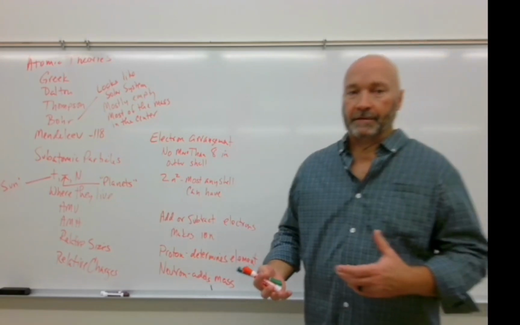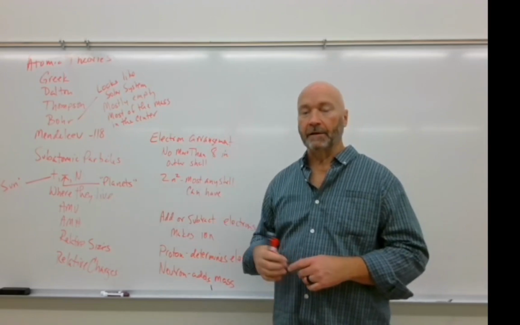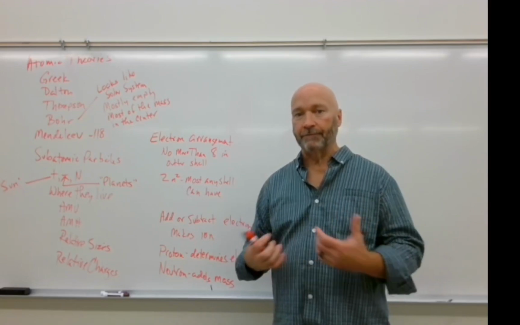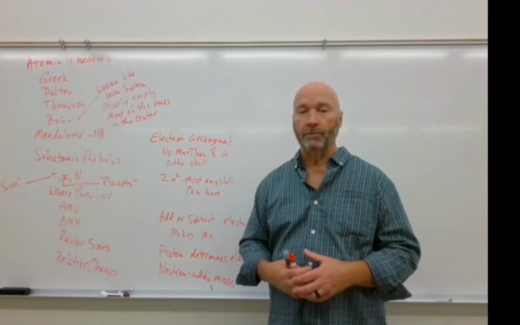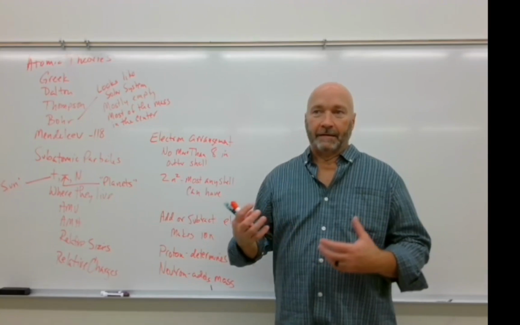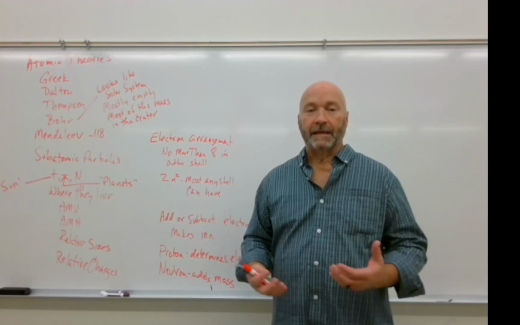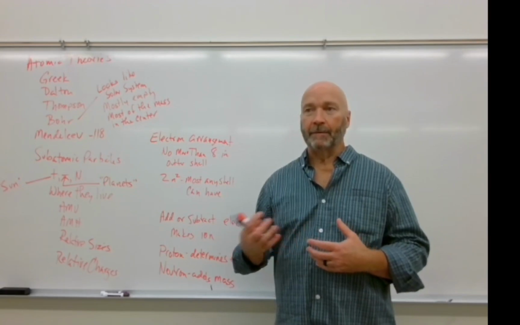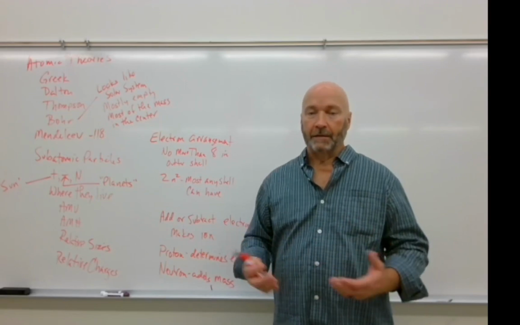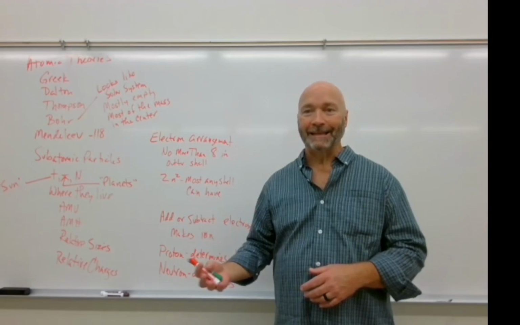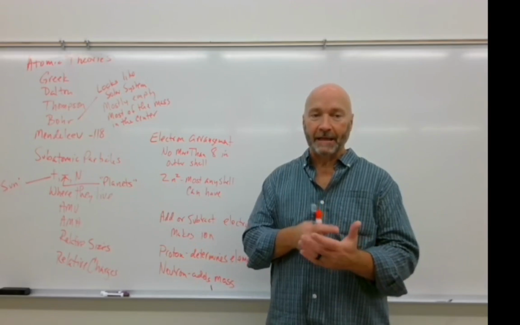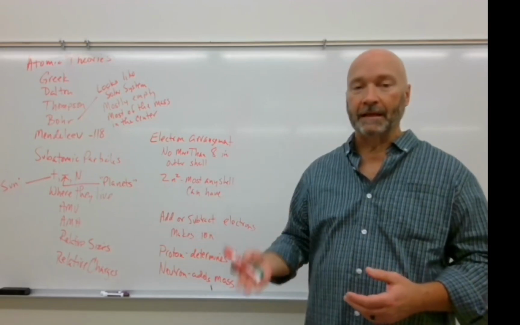So the development of the atomic structure started with the Greeks, and they were smart enough to realize that if you broke something down far enough, eventually you would get to a point where you would have something that was entirely different. For them, without high-powered microscopes and things like that, it was a little bit more difficult to determine exactly what that thing would be. But for us, it's a little bit easier. So what they said an atom was, was something that was uncut, meaning that you couldn't slice it down any further and it still be that same thing.